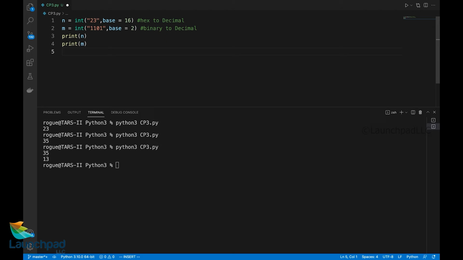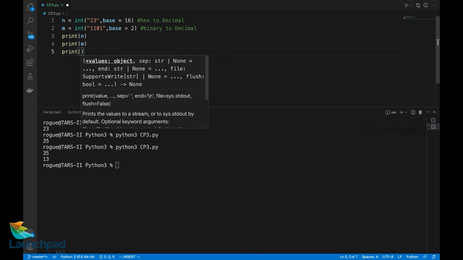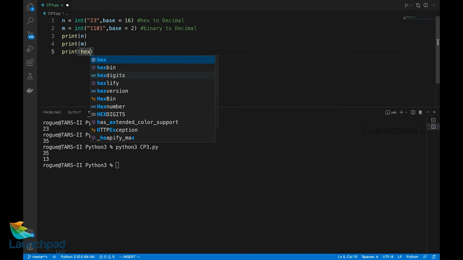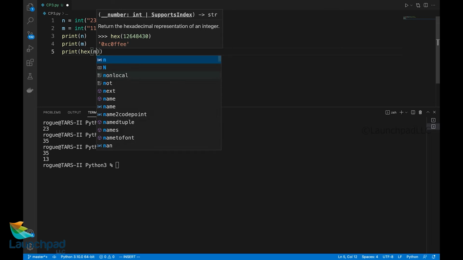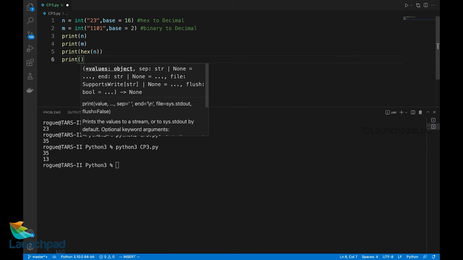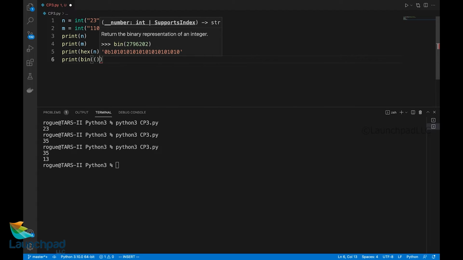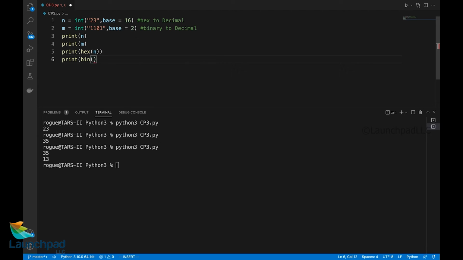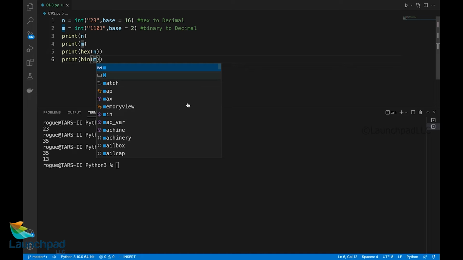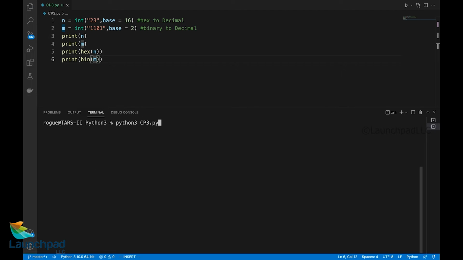For which we have these functions: print hex, which stands for the hexadecimal value of m, and print bin, the binary of m. Now let us see the corresponding outputs.